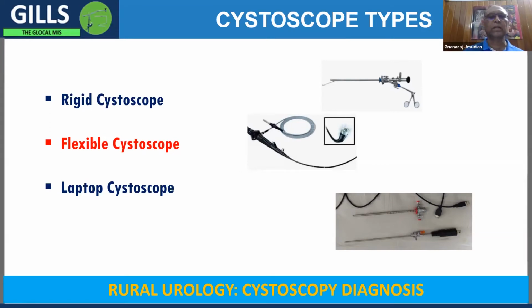And in recent times, people have developed a flexible cystoscope. This is a very tiny tube, and this allows cystoscopy when the patient is lying down, not in lithotomy position as we normally do for rigid scopy. But this is about 2 or 3 times more expensive than the rigid scope. And the last one you see is the cystoscope that we have developed. It's a very low cost scope which directly connects to the laptop computer and gives the pictures on the screen.